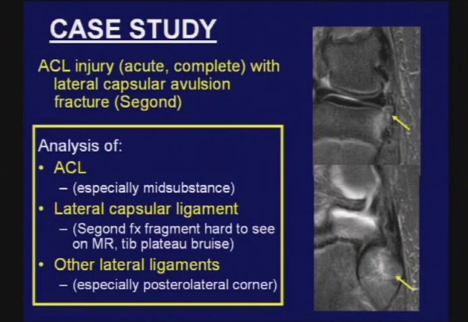We'll look, in fact, at a case study of a Segond fracture, indicating again that these can be very small, easy to miss, easier to see on plain films, although not always easy on those as well. They may have edema, but they need not. When you see these, the ACL is typically torn, and there's a higher likelihood that there's going to be other problems in the lateral ligaments. Here, a fracture, and there was, in fact, injury to some of the